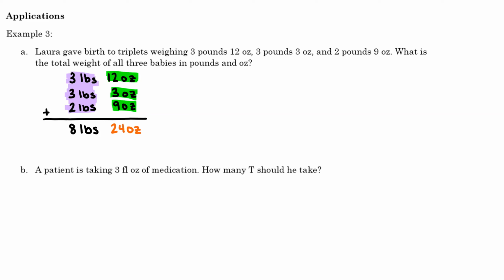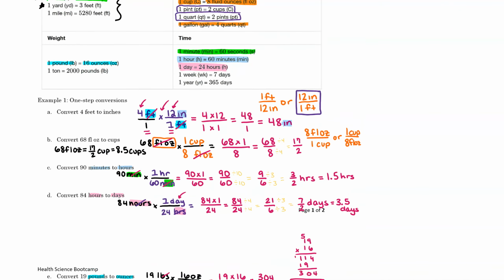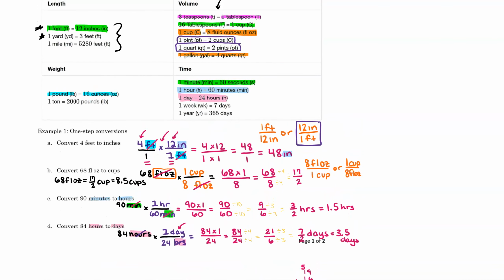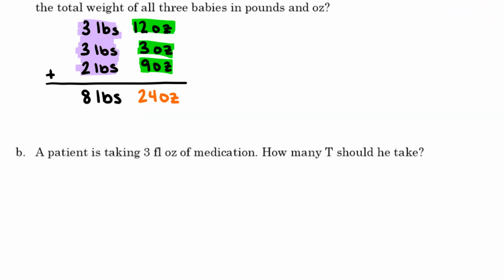But we know that at some point your ounces are going to roll over to pounds, right? At what point does it do that? I'm not sure. Let's go back. How many ounces were in a pound? Oh, with weight? Here we go. 1 pound is 16 ounces. So what I need to do is convert this